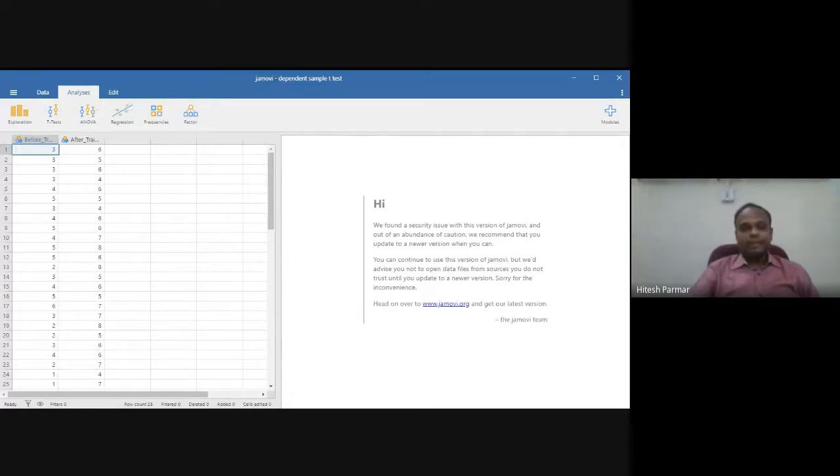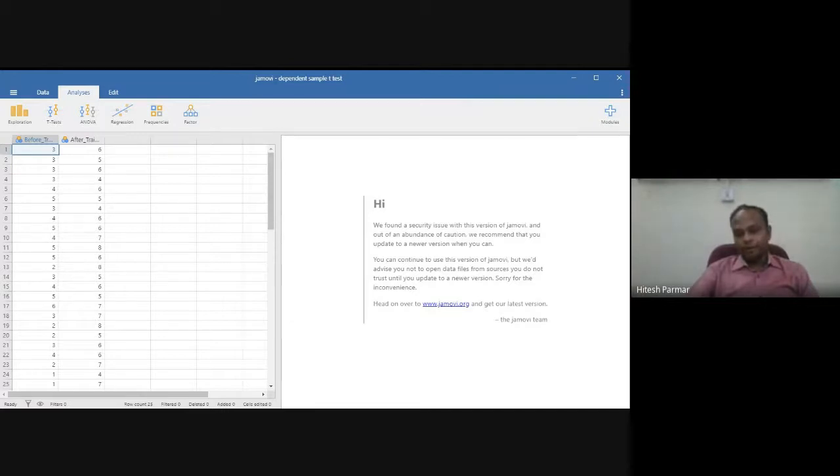Whereas in the case of t-test, here before and after, both variables are scale data, either interval data or ratio data. And then you are checking with respect to before and after the same data set you are comparing. So the same respondents' data you are collecting two times, one as a before situation and one as the after situation, and then you are comparing.